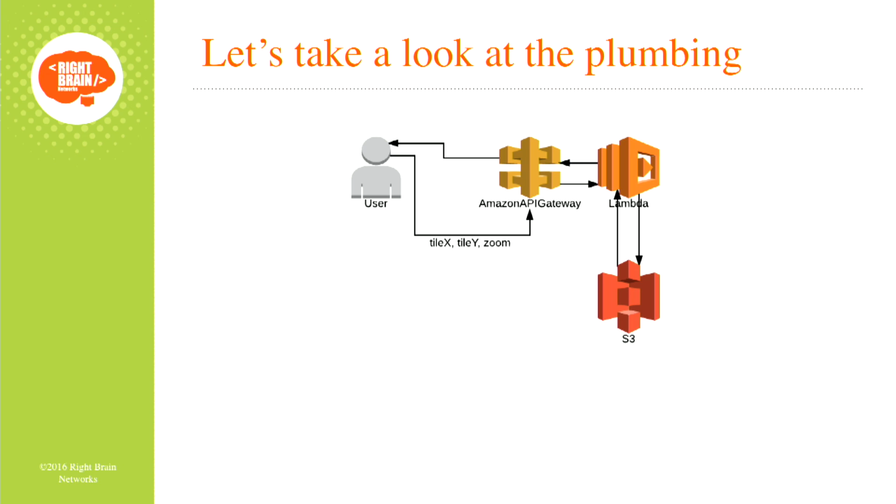Using Lambda with a library like the Python imaging library, which is what I used, is a little bit difficult because there's C code there. So if you are going to build a Lambda function and use a Python library that has C code, you need to statically compile that library because you can't expect that any of your dynamically linked C libraries are going to be where you expect them to be.